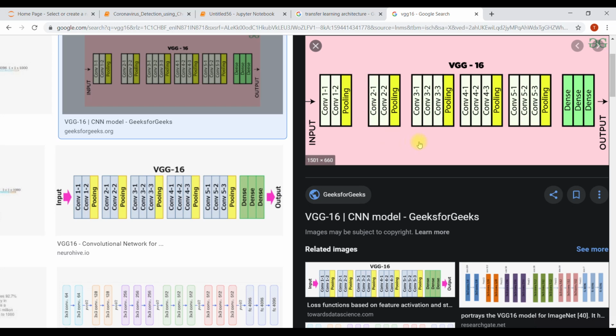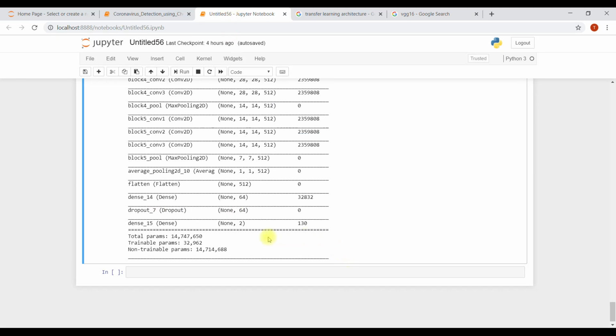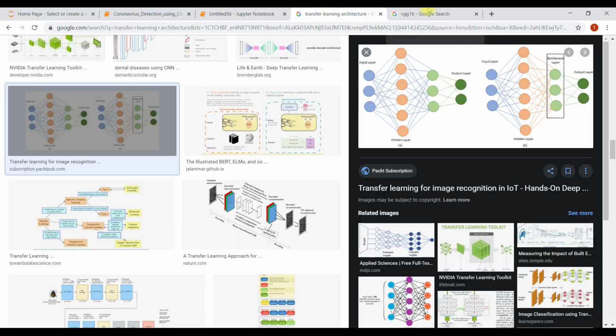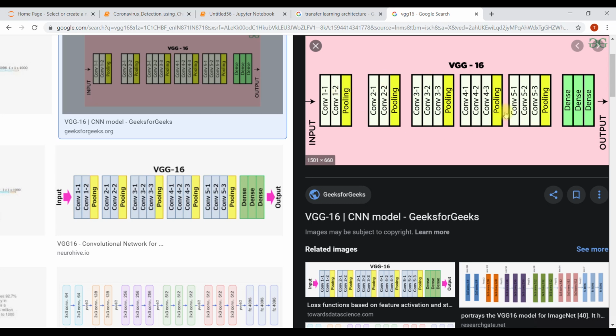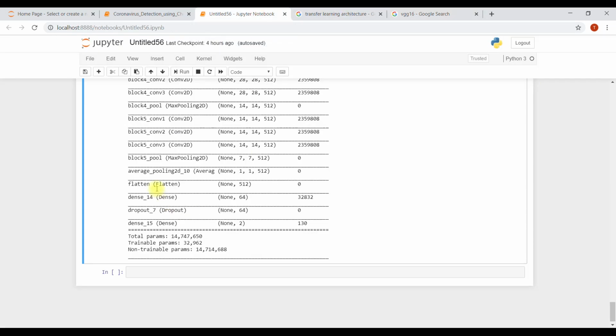Transfer learning gives you this choice. So always freeze this, and it will work as feature extraction. Remove the last layer and add your own layers. Only the trainable parameters get reduced, the total stays the same, and we're going to achieve more accuracy.